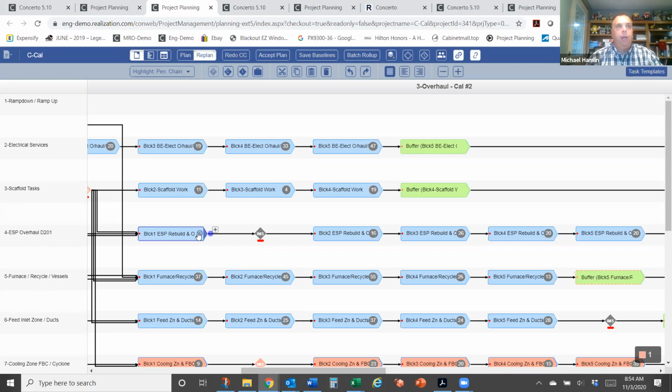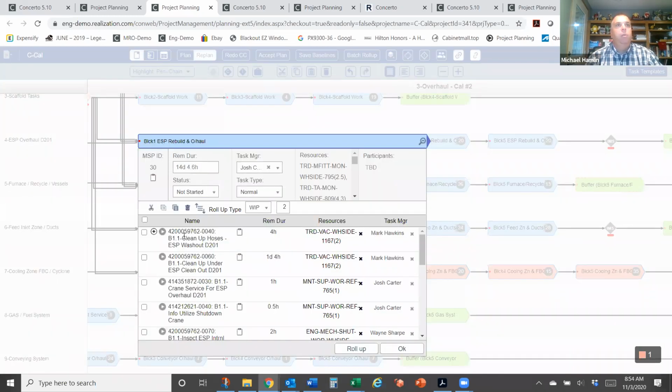And underneath each of these activities, I now have specific work instructions. For those of you that work in maintenance, you'll be familiar with the idea of a work card or a work instruction. These are typically managed by some sort of work card or work breakdown management system. And Concerto, we interface with those systems. So instead of bringing these activities in manually,